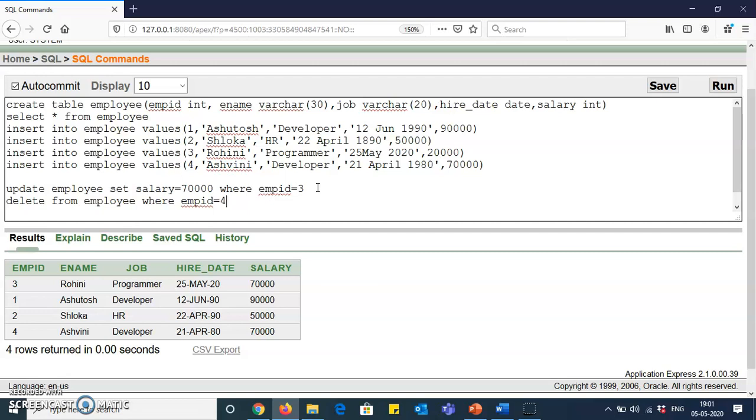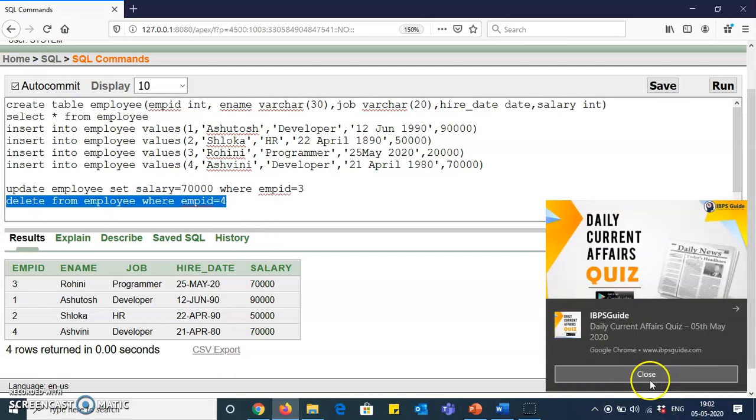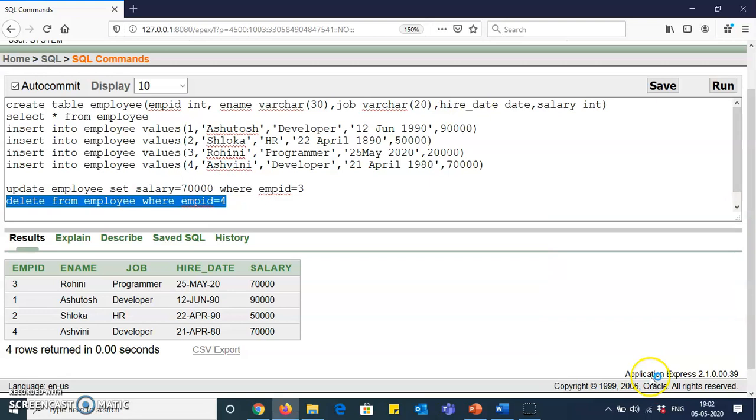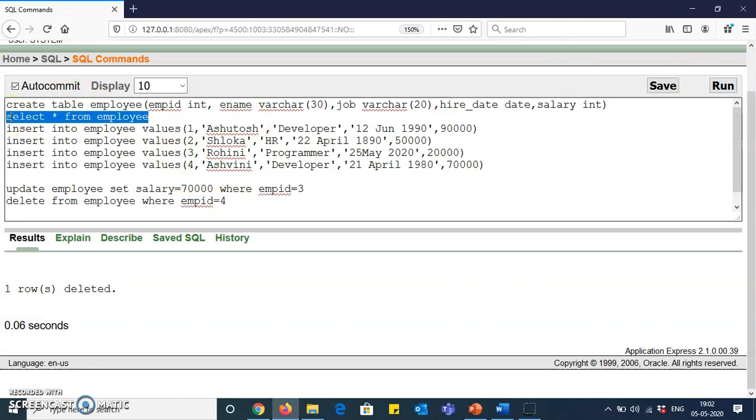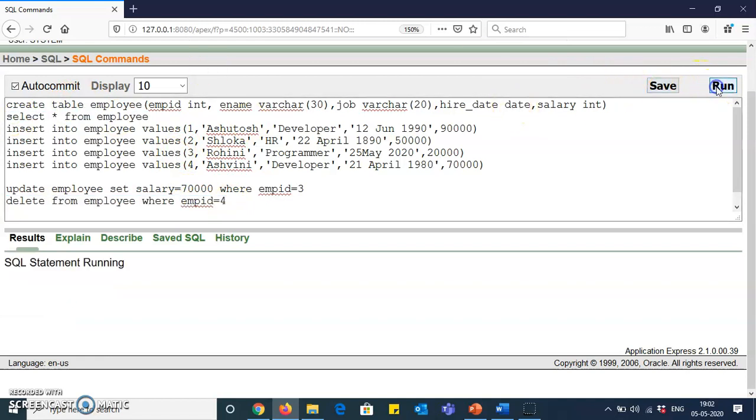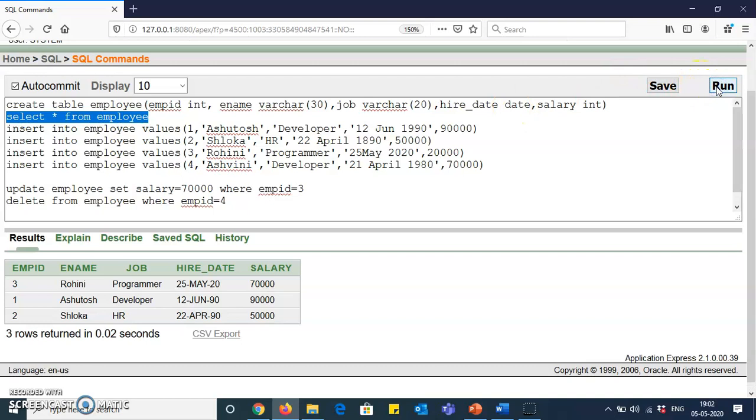Whatever matching details of employee ID 4 will get deleted. Other than employee ID, you can choose job, employee name, hire date, salary, whatever you want, but accordingly your data is going to be deleted. Because if I select developer here, 2 rows will get deleted. If I select this and click run, you can see 1 row is deleted. Similarly, if you want to check the output again, you can select star from employee, run it, and you can see 1 row is deleted.